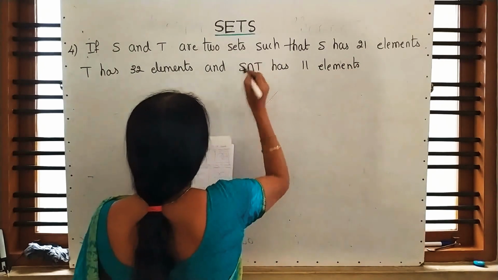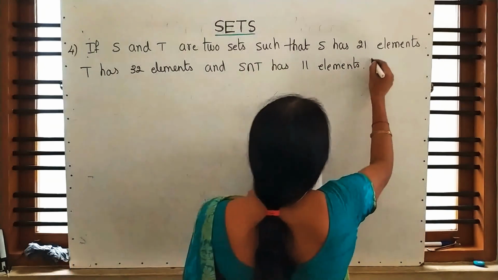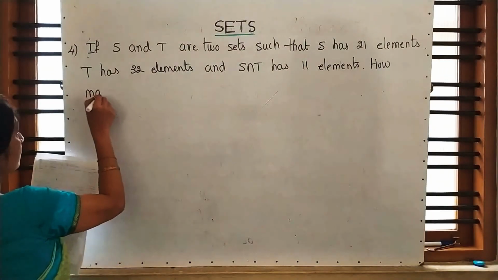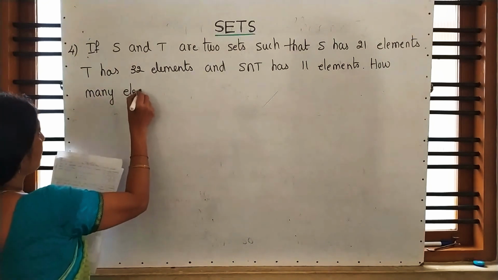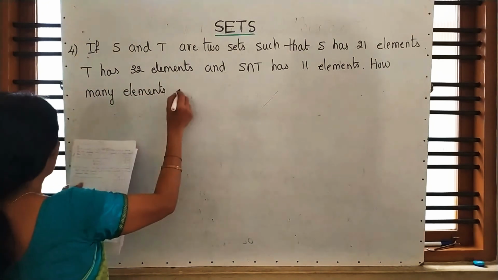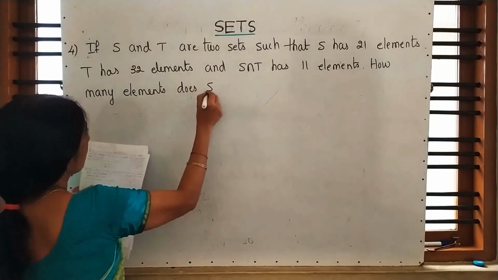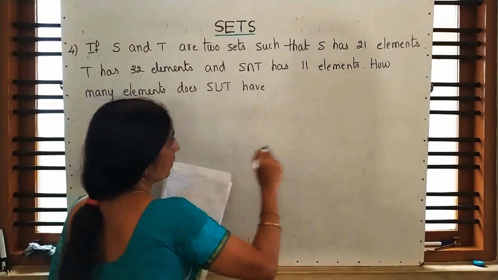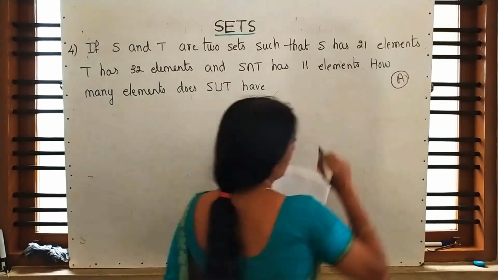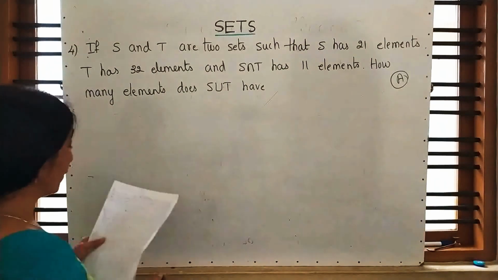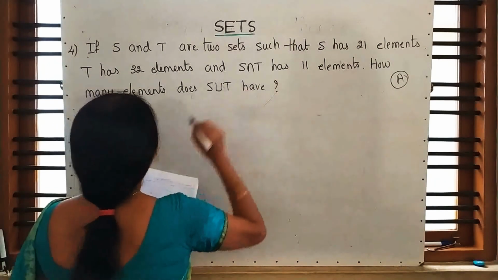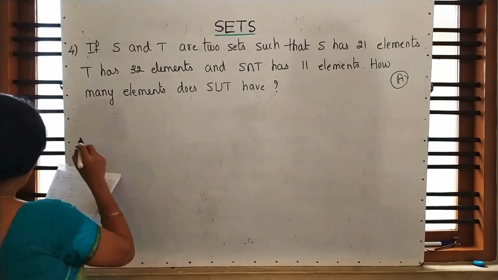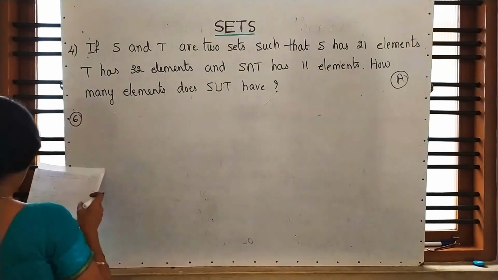This is intersection. How many elements does S union T have? Students, this is a homework question. Now I am not explaining not even a single word, I will leave everything to the students. And the next one, in the next class anyhow I will explain it. Fifth I will solve, I am writing sixth because sixth is also a homework.